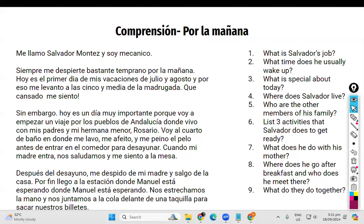Okay, so let's read through the passage together, right? And then we have some questions to answer on the side here. Me llamo Salvador Montes y soy mecánico. Right, little accent on the A here, right? Siempre me despierto bastante temprano por la mañana. Hoy es el primer día de mis vacaciones de julio y agosto. Y por eso me levanto a las 5:30 de la madrugada. Qué cansado me siento. Sin embargo,